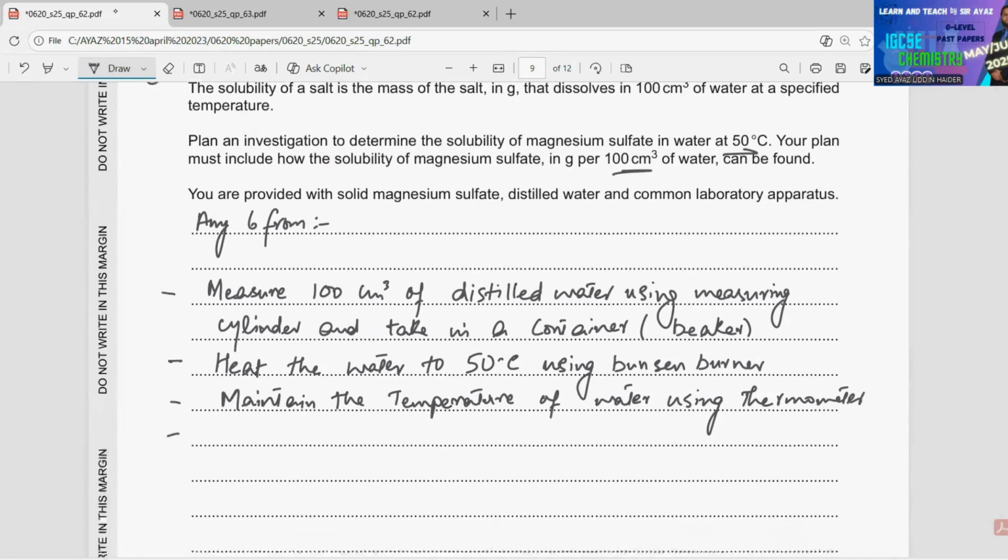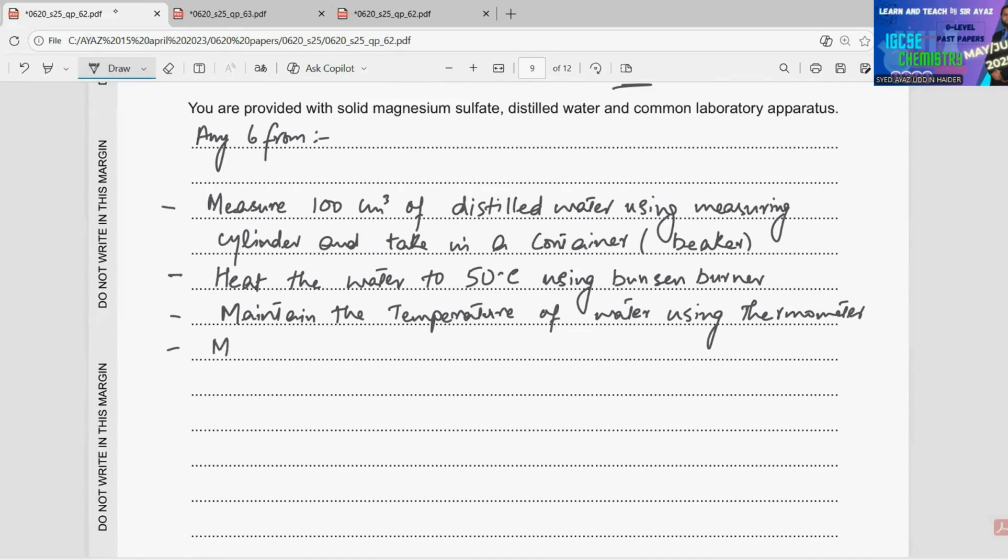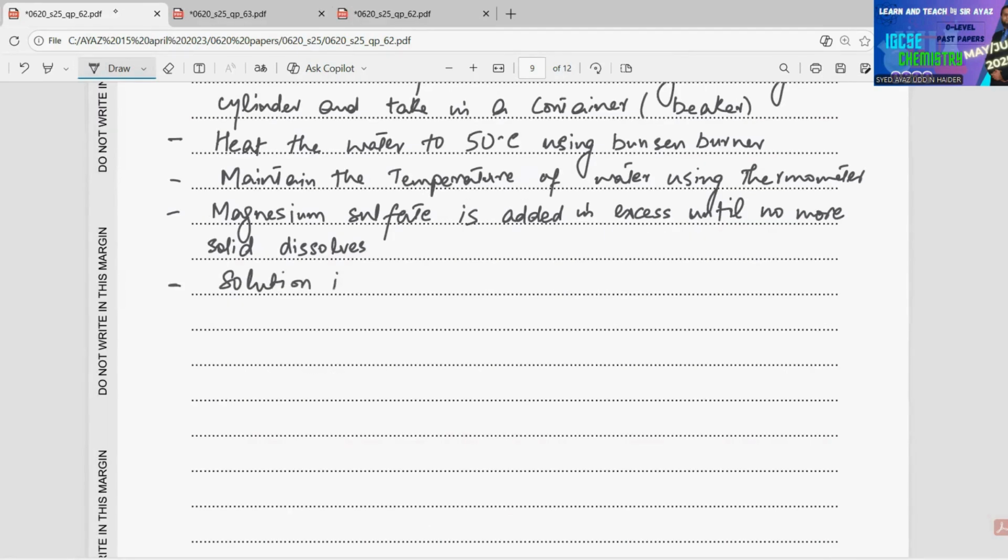Then add magnesium sulfate. Magnesium sulfate is added in excess, until no more solid dissolves. Stirred